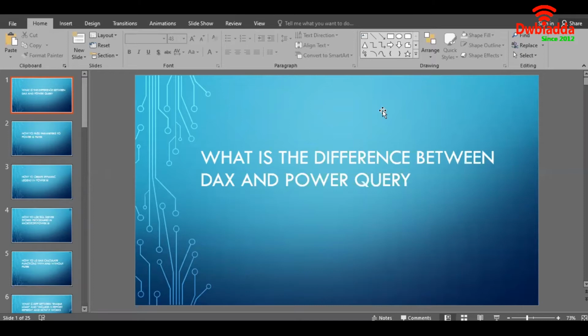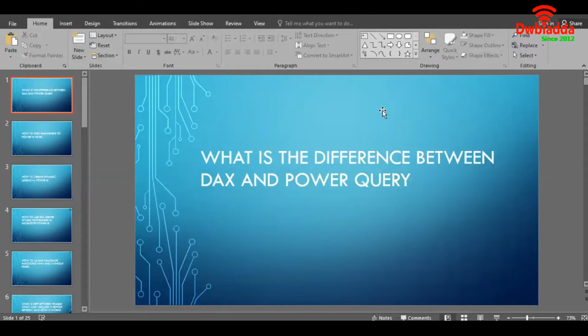It helps us structure our data in a manner so that it is easy for us to ask questions from the data. For example, now we have a data set and we don't need some columns that are probably unnecessary for our analysis. We can just click on the columns and delete them. We can split the columns, we can make joins in the data, we can even add a couple of tables as well to the data if we want to.